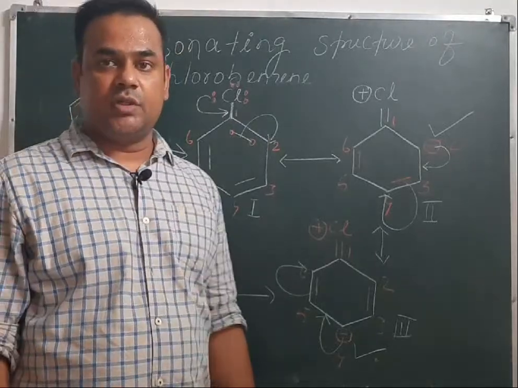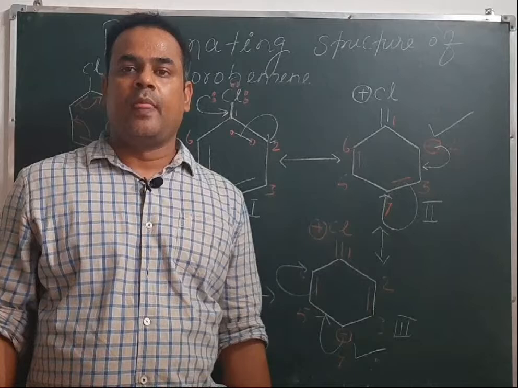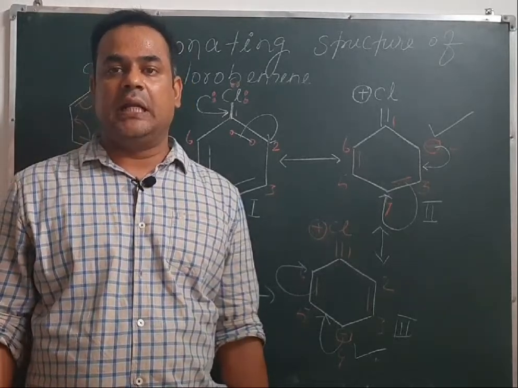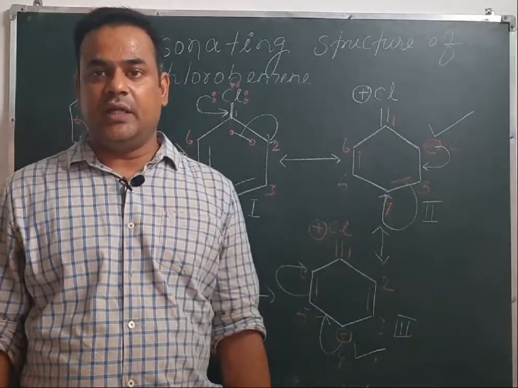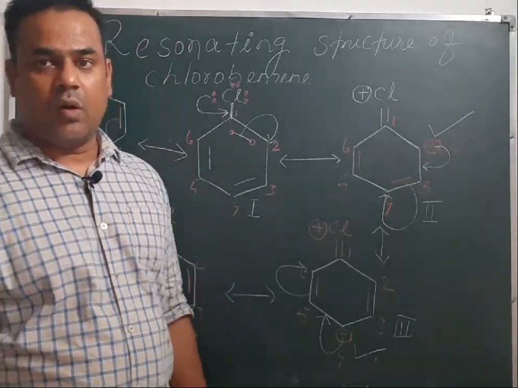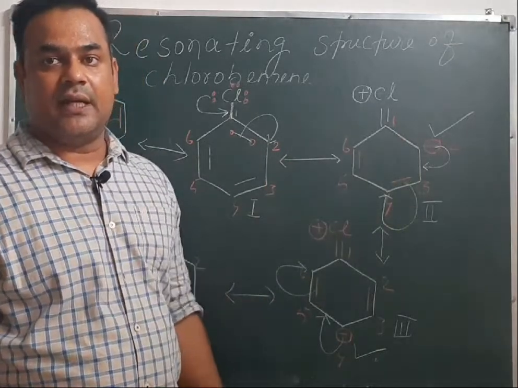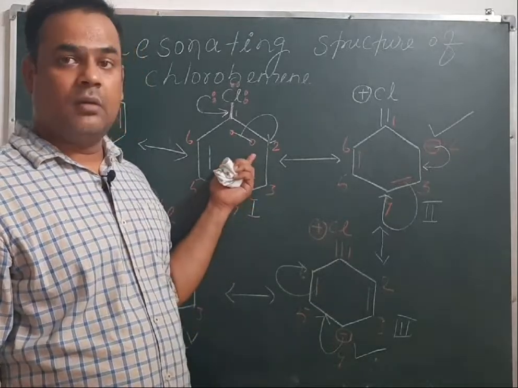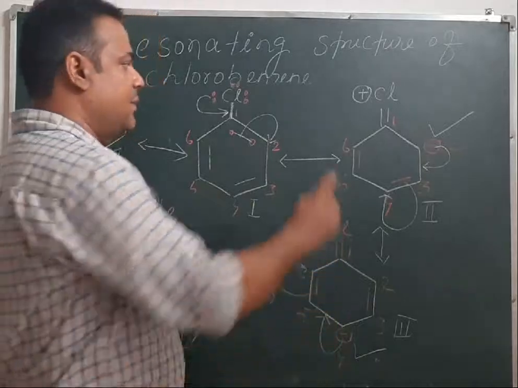Now what is electrophilic substitution reaction? Electrophiles are those chemical species which are positively charged and have a hunger for electrons. Electrophiles are electron deficient, they need electrons to complete their octet, so they attack all those atoms which have high electron density. So whenever we treat chlorobenzene with an electrophile, suppose we indicate the electrophile here by E positive,